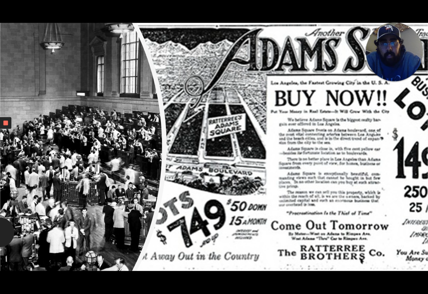Right, some ads, or an ad showing the buy now component, an image of the stock market, where people are gathering and buying and trading on the market as the day goes on. Things seem pretty great. Obviously, we'll know that they won't be in the long run or relatively short.